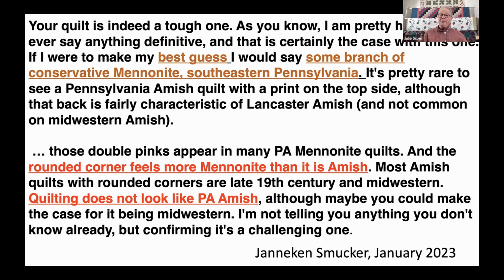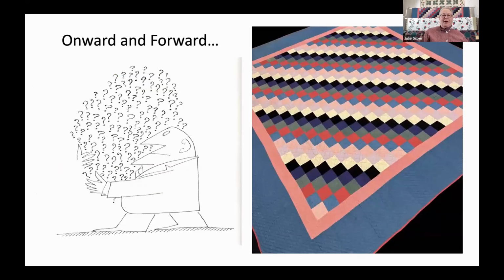Amish. Those double pinks appear in many Pennsylvania Mennonite quilts, and the rounded corners feel more Mennonite than Amish. Most Amish quilts with rounded corners are late 19th century and Midwestern. The quilting does not look like Pennsylvania Amish, although you maybe could make the case for it being Midwestern. And then she says, I'm not telling you anything you don't already know, but I'm confirming that it is indeed a challenging one. So I'm going to continue onward and forward, as my mother would say often, doing more research